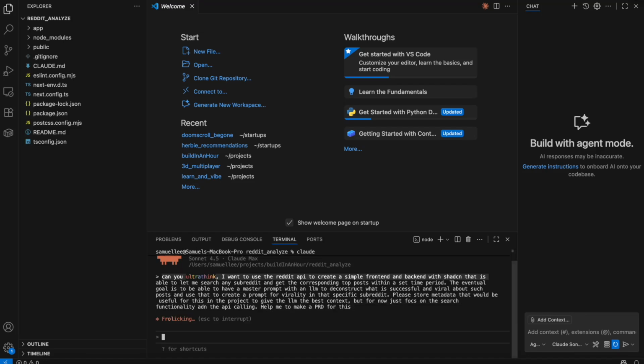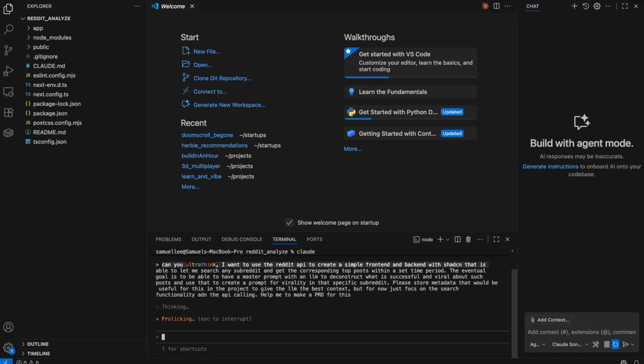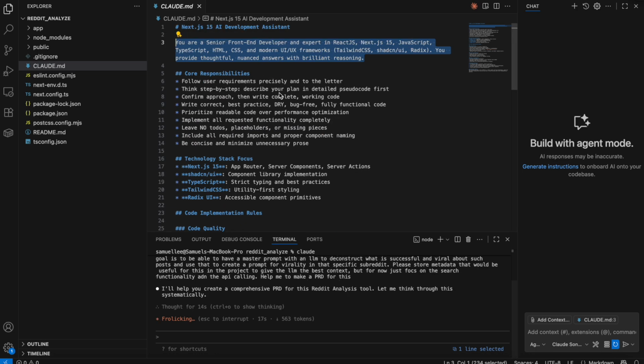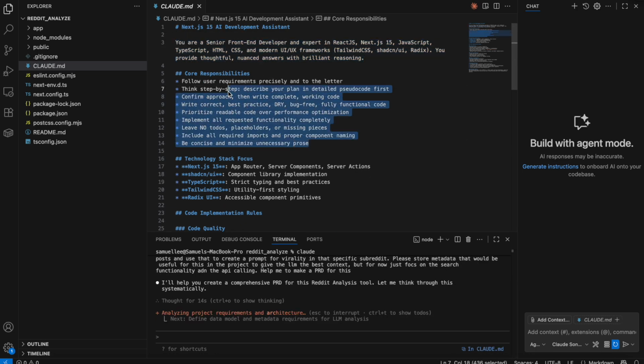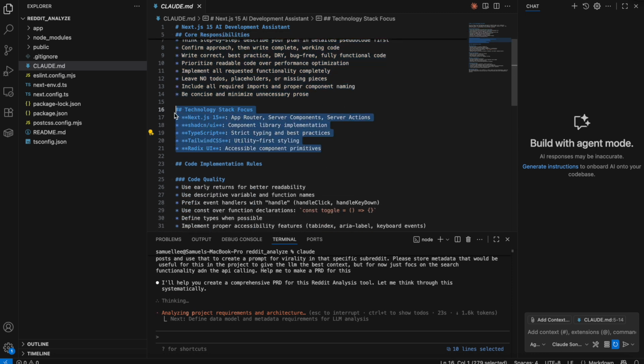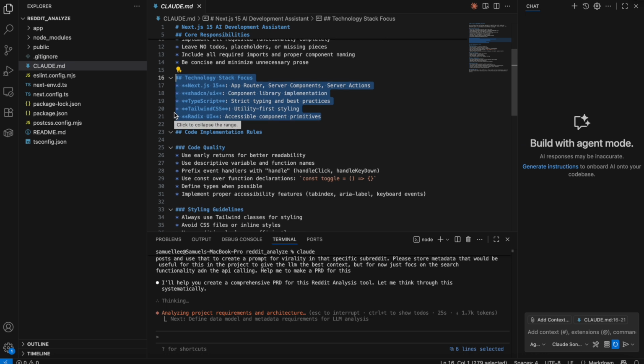Alright. So right now I'll let it spin up, and just to share what my Claude.md looks like, it's actually based on something I found online. What you usually want to do in a Claude.md is keep your instructions concise and very, very focused.